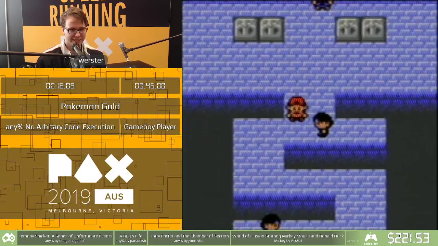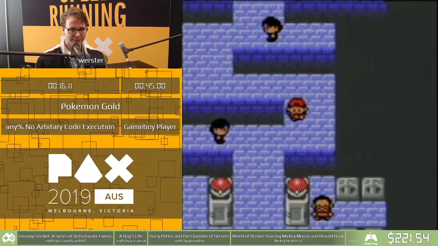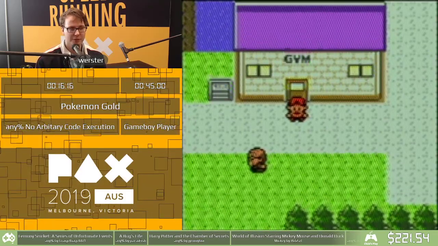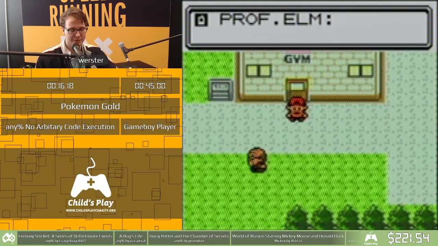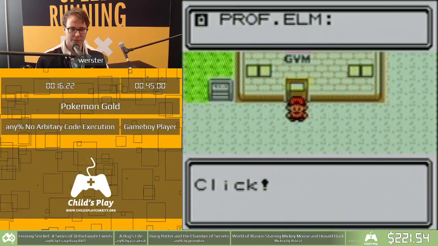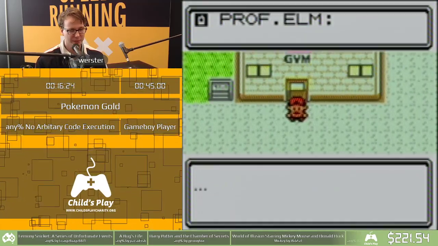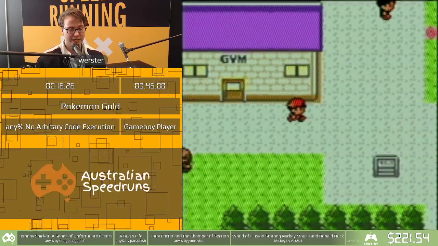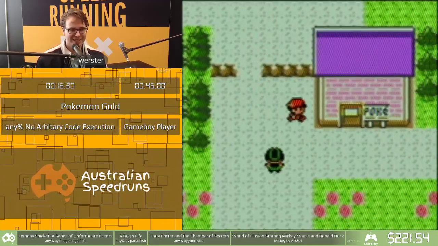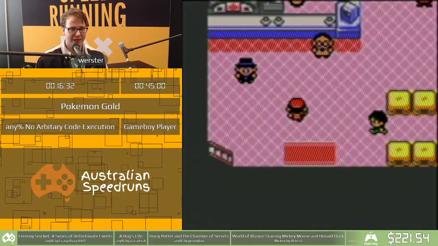So the 3 things that I'm trying to get are a bicycle, obviously to go fast, max repels, so that I don't get encounters. Those 2 are pretty obvious. And then I want TM47 in my key item pocket. That one's a bit more abstract. So TM47 is Steel Wing, that's irrelevant. What is relevant is if you use TMs outside of the TM pocket,